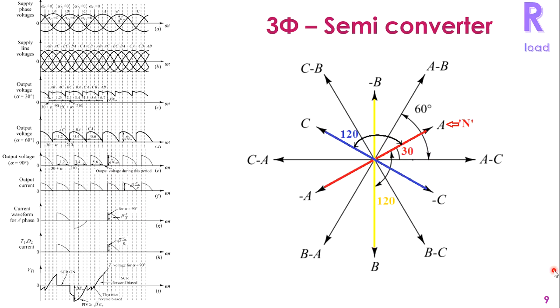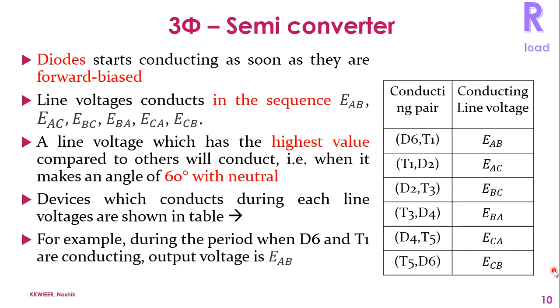By observing these two diagrams, we can say that the diode starts conducting as soon as it is forward biased. The line voltages conduct in the sequence EAB, EAC, EBC, EBA, ECA and ECB. A line voltage which has the highest value compared to the others will conduct when it makes an angle of 60 degrees